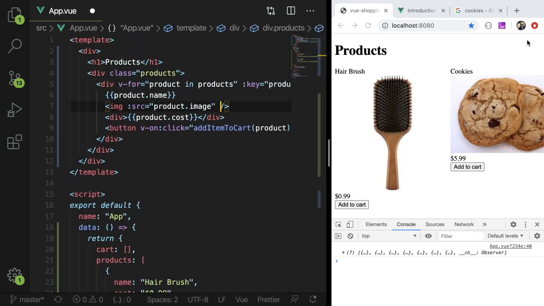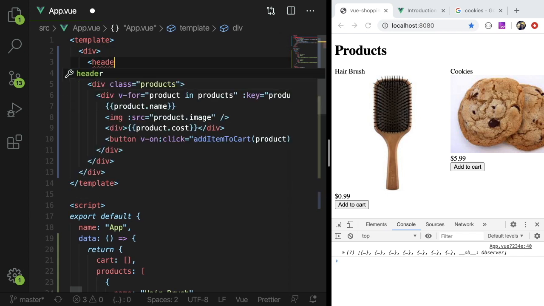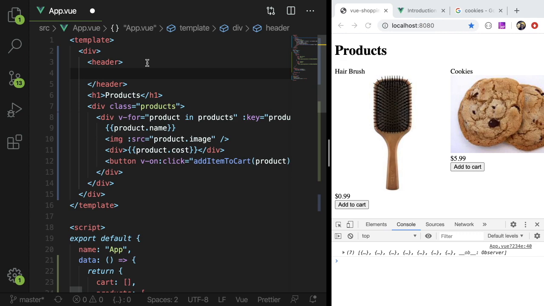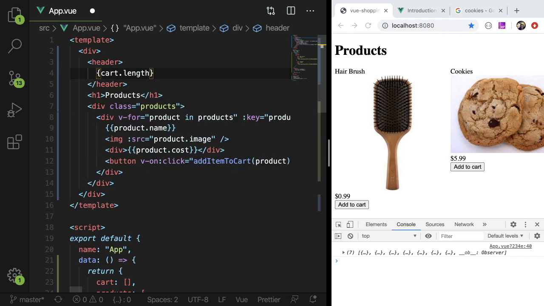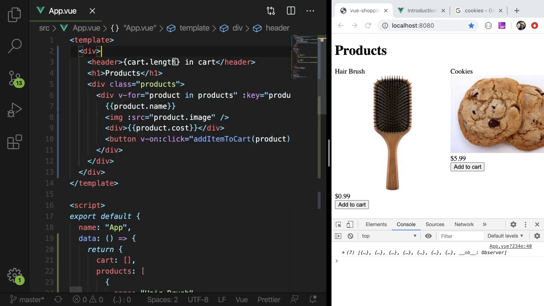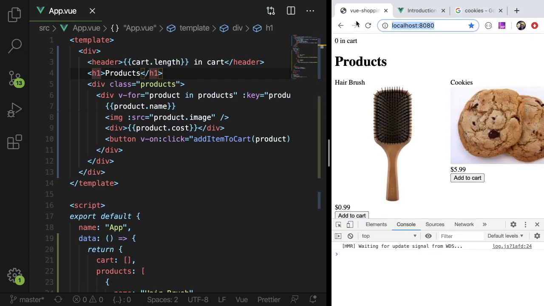What would be nice to do is up here on the top right, maybe even add a header. I'll say header. And what we want to do is we just want to put out how many products there are. So I can say cart.length in cart. Oops, I need to do the double curly braces or whatever. Oh no, go back. All right, so 0 in cart. Okay,